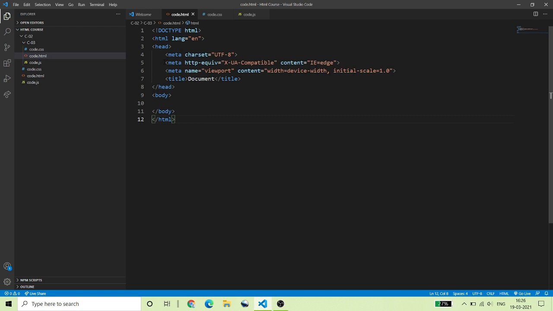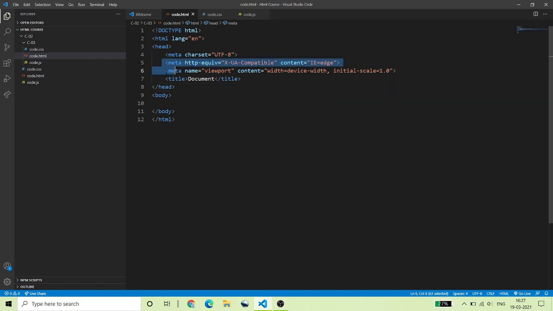The next tag is the meta tag X-UA-Compatible, meaning the most compatible form of this website should run in Edge, Microsoft Edge, like Internet Explorer. It is a very old browser, but still programmers use Internet Explorer as their default because it was the first browser. So it is the main browser nowadays also for programmers.